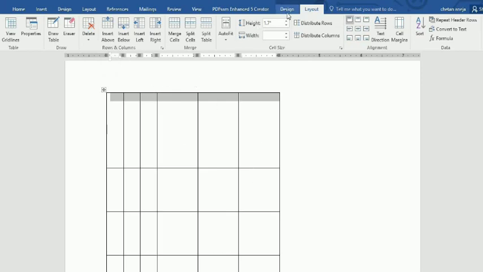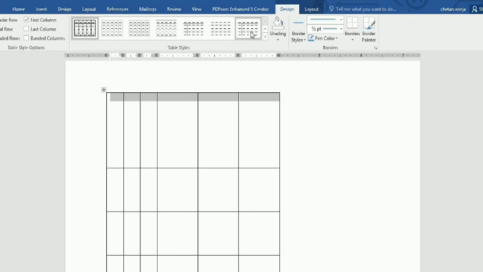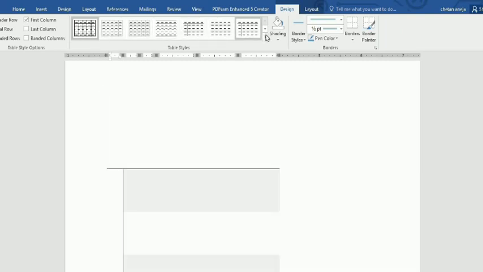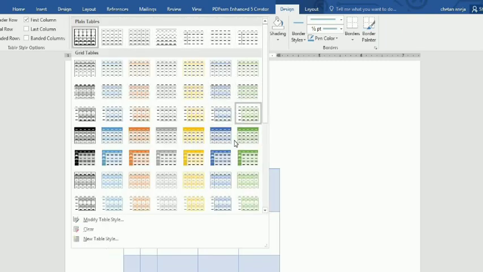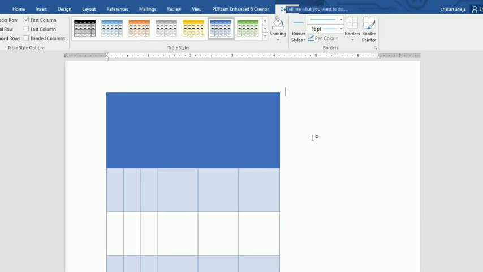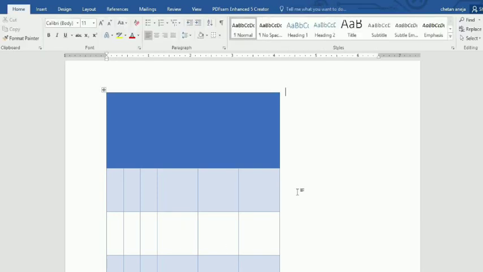On the design tab you will get lots of options to design your table. You can choose any design. So students, what you have to do is you just have to create a table at your home. On your computer, open MS Word. You will just create a table